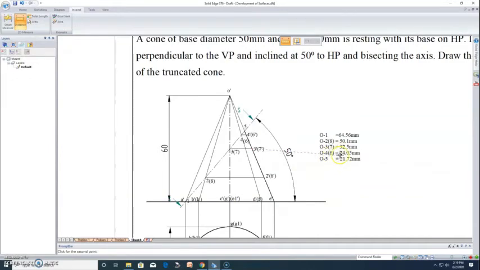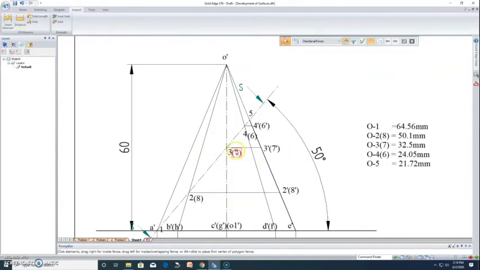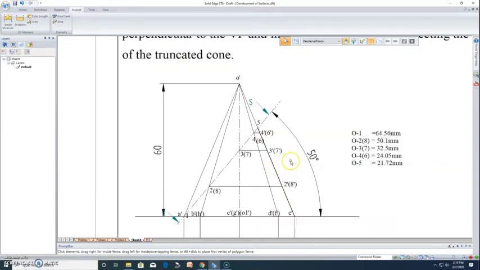Similarly, O to 4 is 24.05. So note down all the distances of the cut points along the generator which gives you the true length. In this case I have taken OE, you can even take OA. You can use the distance option in order to get all these measurements.